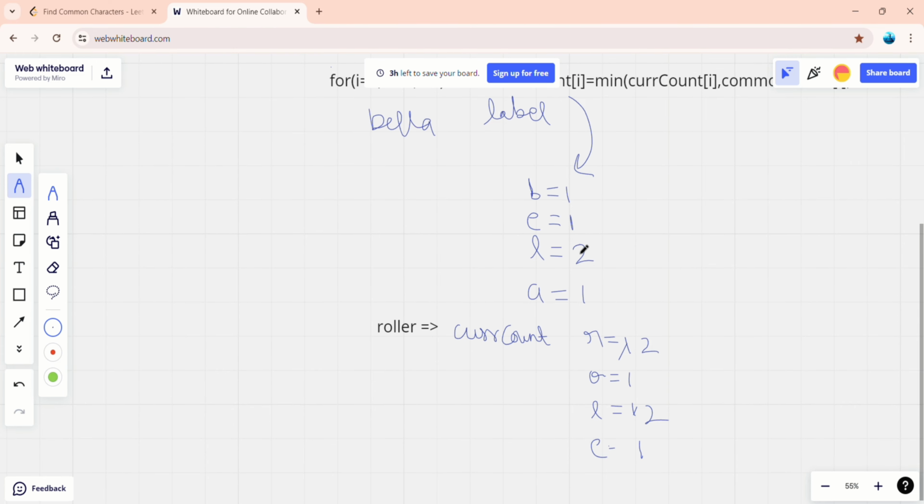Now this was our common count and this is the current count. So what we will do is we'll take the intersection for both. So the common count of I would be equal to minimum of current count comma common count. So now the common count becomes